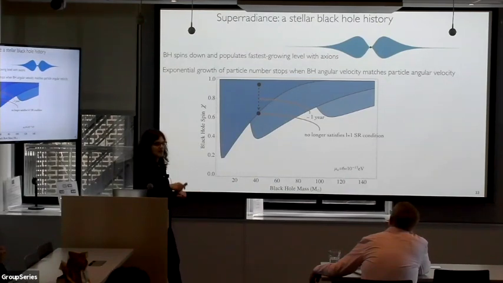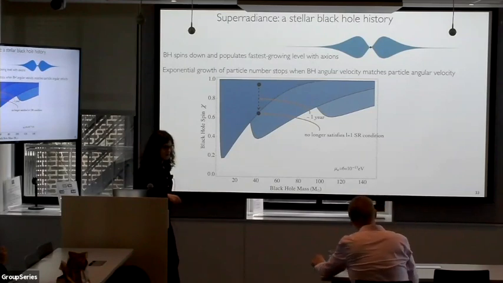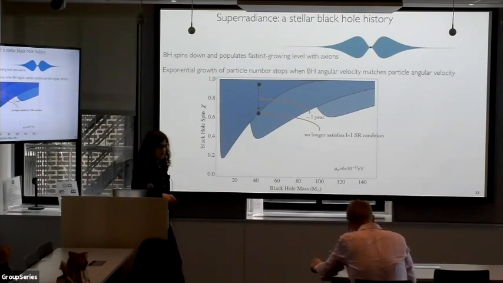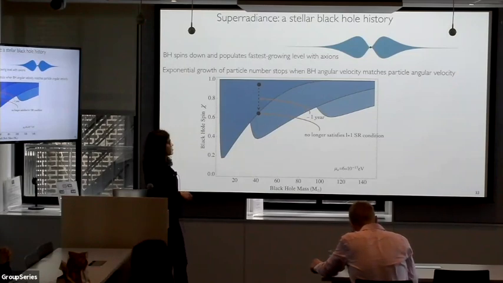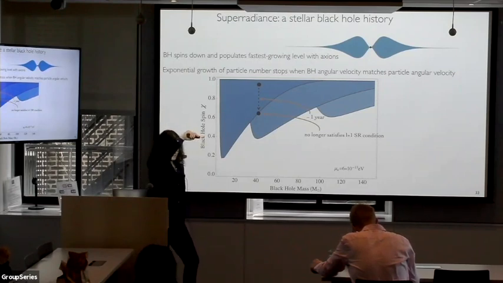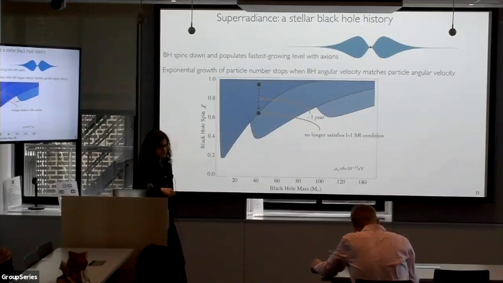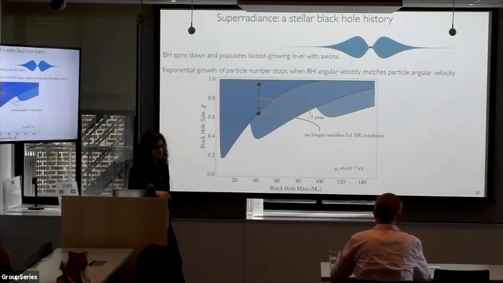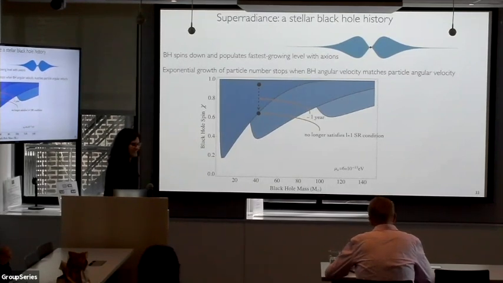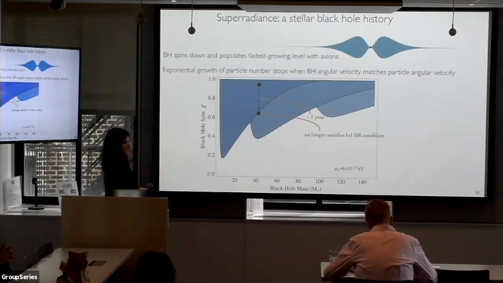Yes? In order to calculate this, you have to know the amplitude of the scalar wave that you eventually get? You talked about the linear instability, you basically grow the field, but where does it stop? First of all, what is the time scale and where does it stop? How does the time scale compare to the spin period of the black hole?